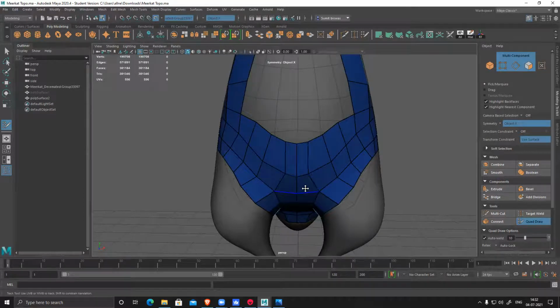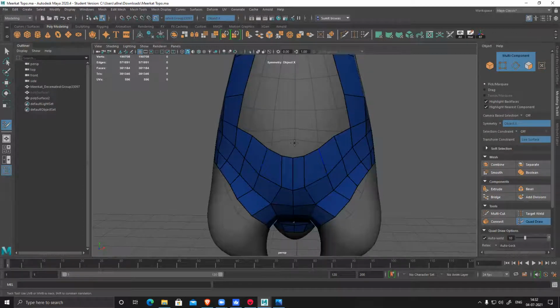In the center, make sure there is no triangle, nothing. It should be a straight line throughout the model. Completely clean.